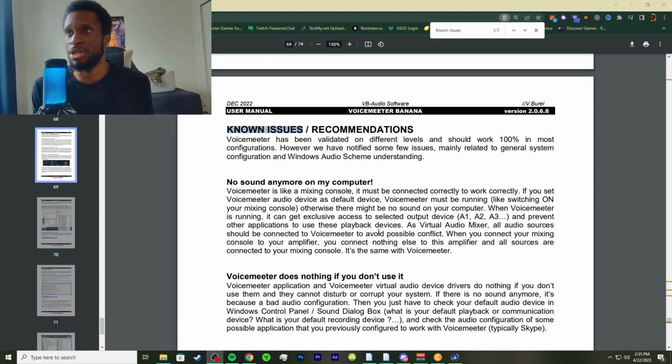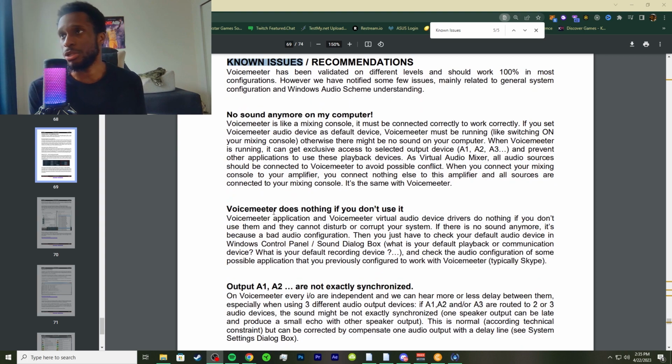So Voicemeeter has been validated on different levels and should work 100% in most configurations. However, we have noticed a few issues, mainly related to general system configuration and Windows audio scheme understanding. Say if you have no sound anymore on your computer.